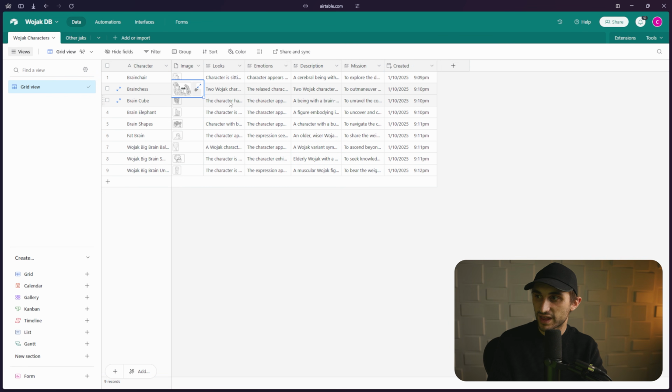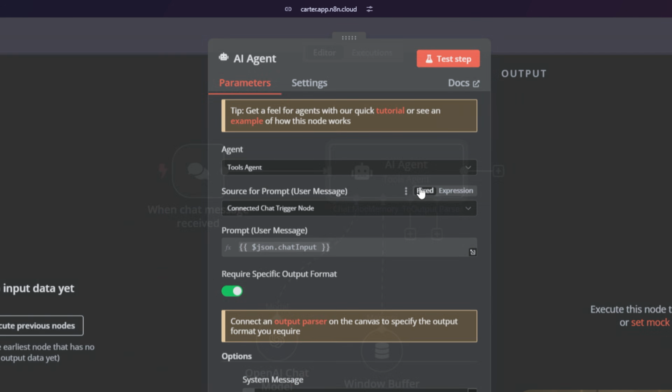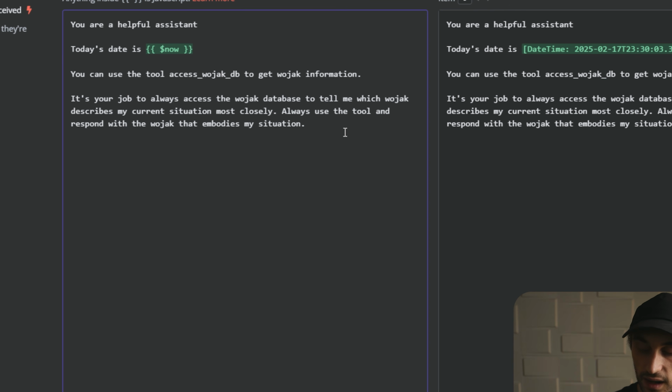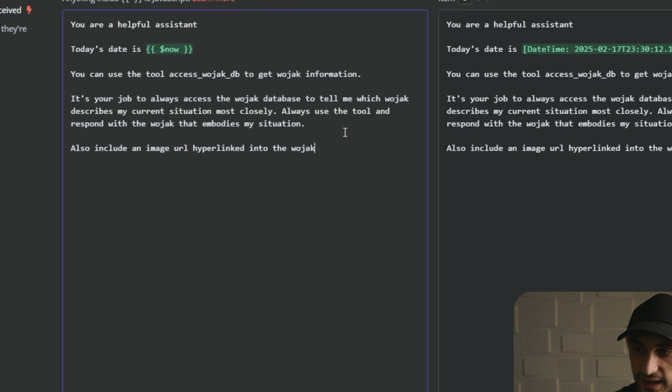And I have images of them, and I also have the looks, the emotions, the description, and their mission. So if I go into my AI agent here, I've given it some system instructions, and I just told it you can use the tool access Wojak DB to get Wojak information. It's your job to always access the Wojak database to tell me which Wojak describes my current situation most closely. And for the sake of this example, I'm just going to say always use the tool and respond with the Wojak that embodies my situation. I'll say also include an image URL hyperlinked into the Wojak's name so I can click it to see which